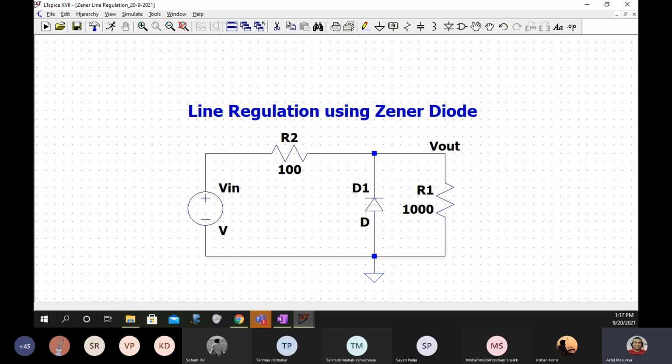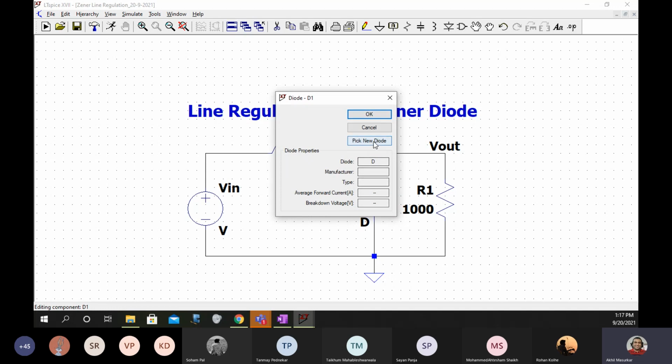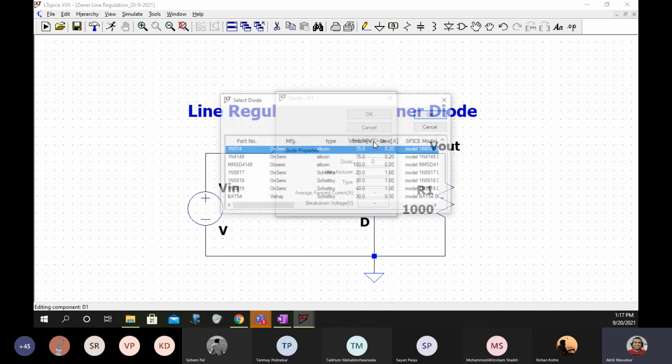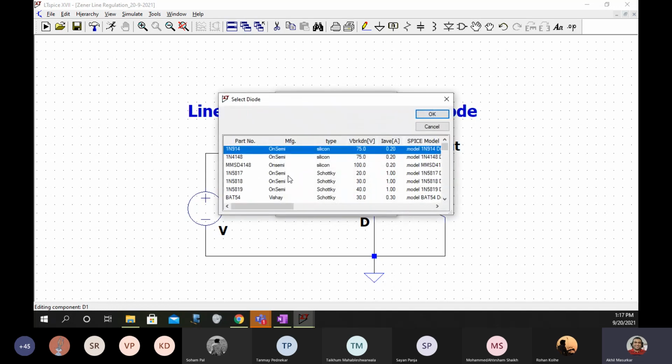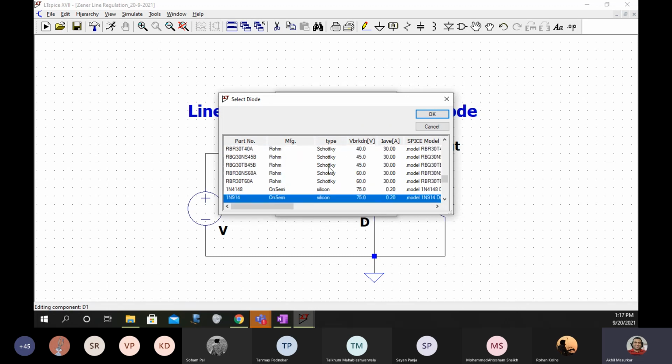I think many of you are doing it. This circuit will be here only. Now you can see the diode. This diode is a normal diode, but what we want here is a Zener diode. So you will right click on this and then say pick new diode, and you can see there are a lot of diodes available.